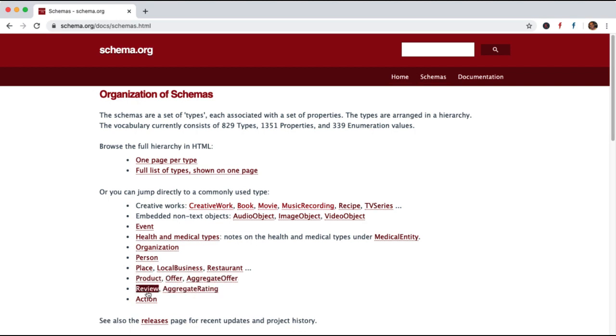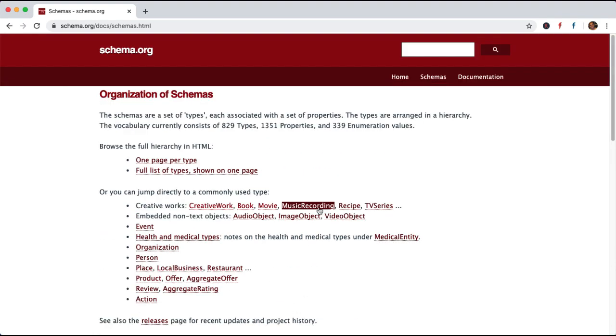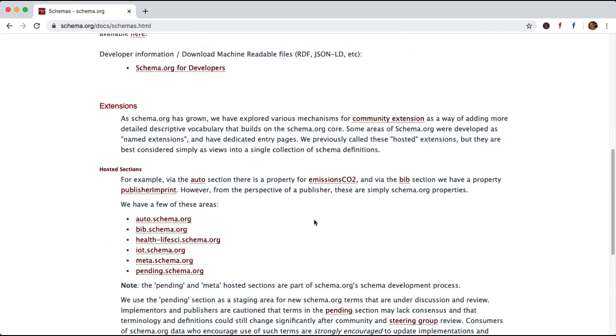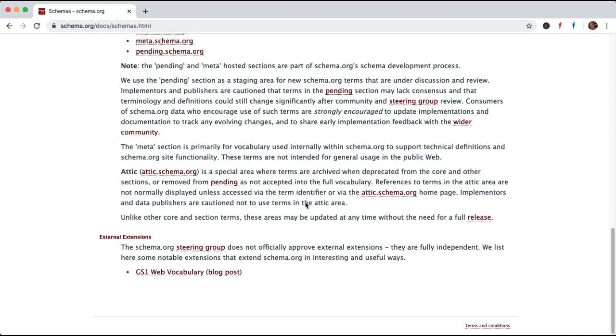Then we have reviews, action. So these are some of the types of schema markups. There are more schema markups also available, like the breadcrumbs. So you can see the vocabulary currently consists of 829 types, 1351 properties. So this is in brief about what are the different schema markups available for you.